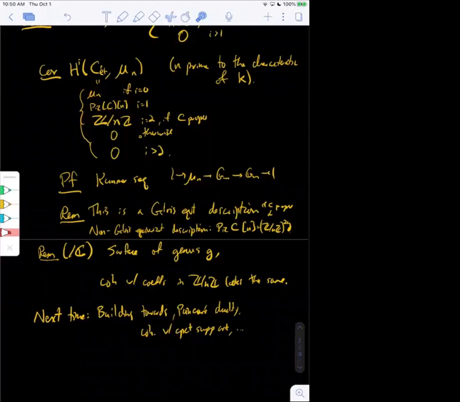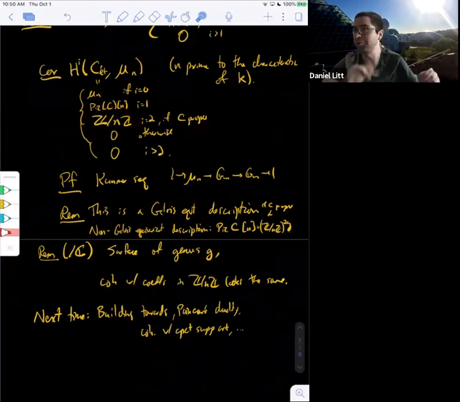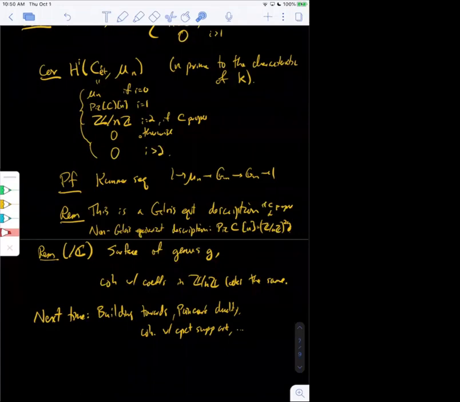Ah, I see. Thanks. And it's worth noting, if you put a Z mod nZ here instead of mu n, those two sheaves are isomorphic, but not Galois equivariantly, which means that you no longer get a trivial action here. You'd get some interesting action if you put a Z mod nZ here. And we'll find out what that action is later in the course. Right, thanks. Any other questions, Ben?